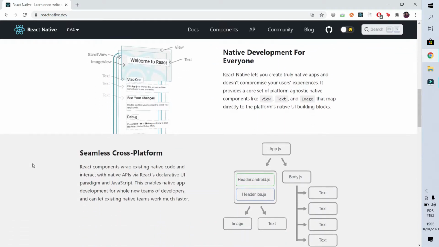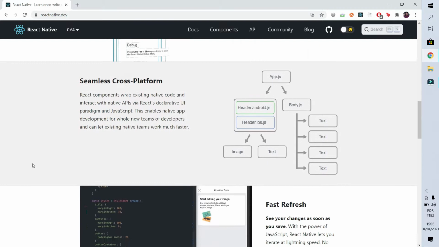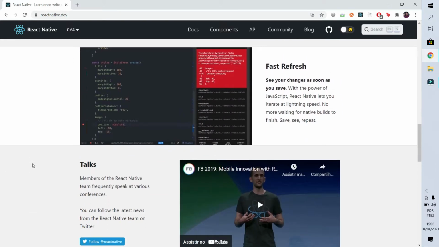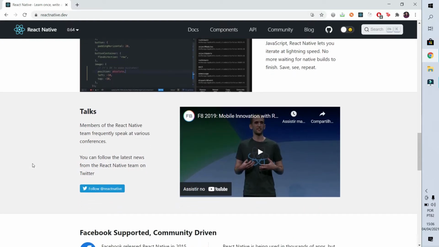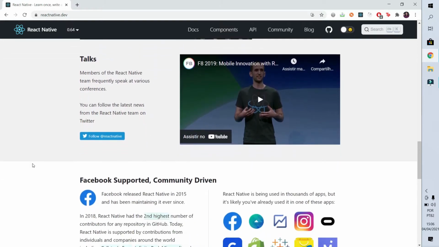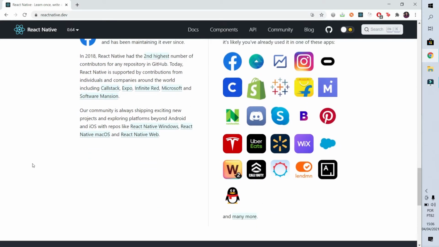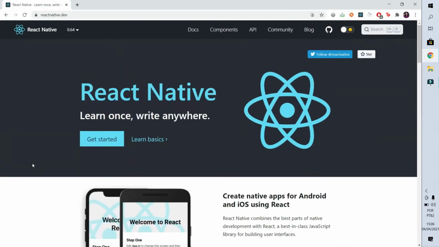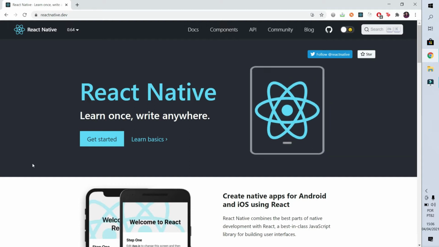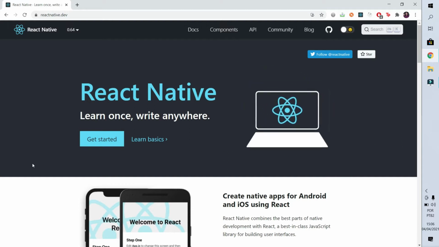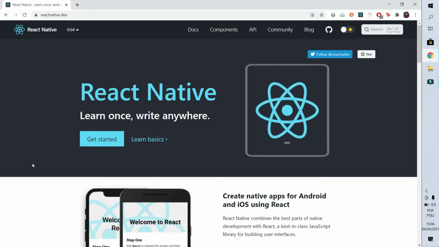React Native was built on top of React, but focused on the mobile world, and its idea is the same as we showed in the video about Ionic. But Ionic is built on top of Angular, meanwhile React Native is built on top of React. So now we know that React Native is a framework for the front end, and with it we can create applications that run on several different platforms like Android and iOS.